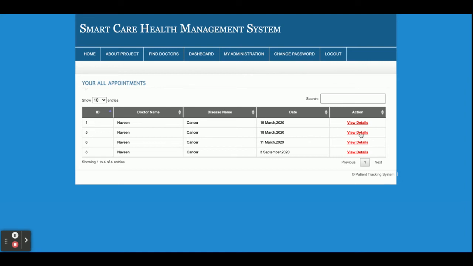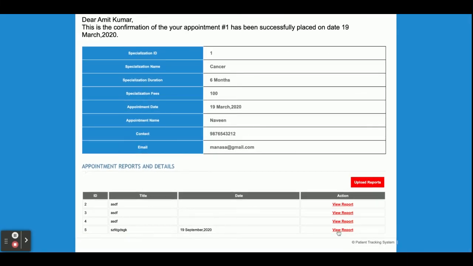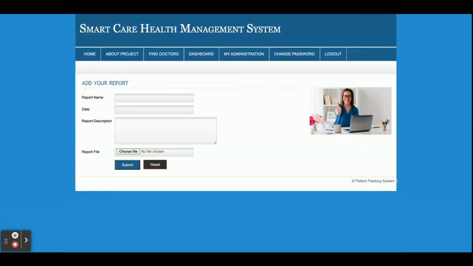Currently, patient has booked these appointments, and these are the reports uploaded by the patient. Once he clicks on View Report, he will be able to see the reports which he has uploaded. If doctor or patient wants to upload a report, just click on Upload Report and enter the report name, date, description, report file, and that report will be uploaded on that appointment.